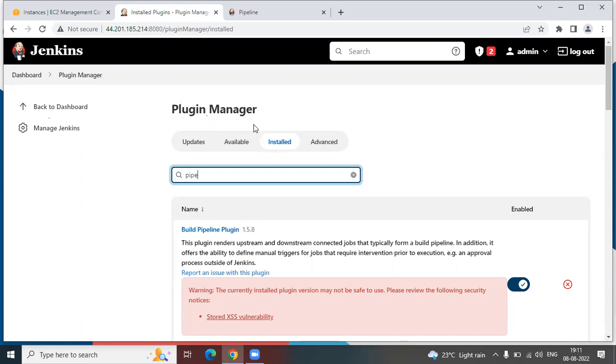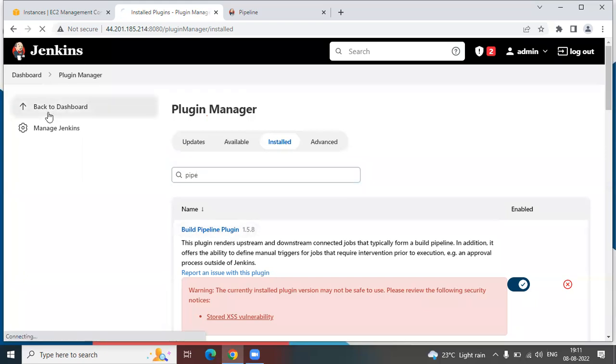Okay, see, there are multiple plugins. So as and when you require a plugin, you go ahead and install it. As of now, I need this build pipeline plugin, so I'm using it. Later down the line, if I use something else, I will go ahead and install that also. Okay, so this is my build pipeline plugin, which I have just now installed. I installed it in the morning, so I just see a tick here. For you, you will find it in available, and then you can go ahead and install this